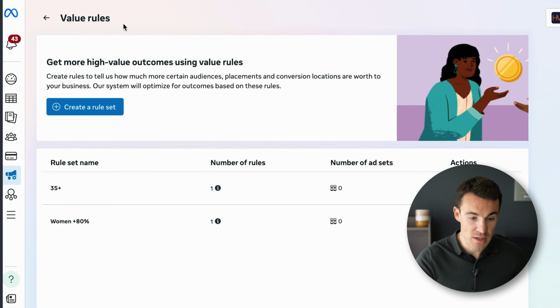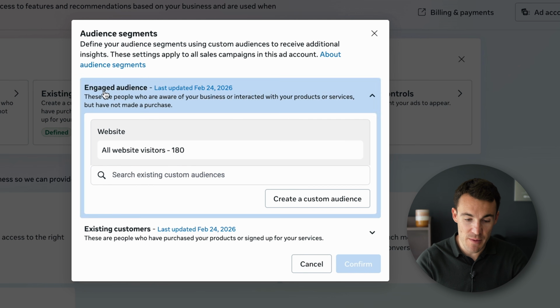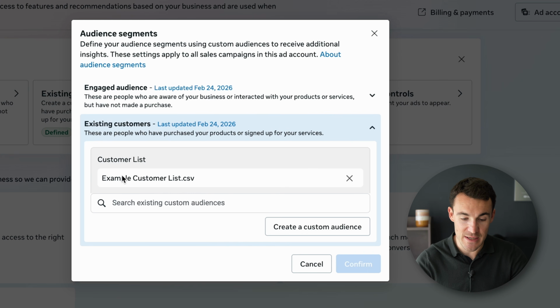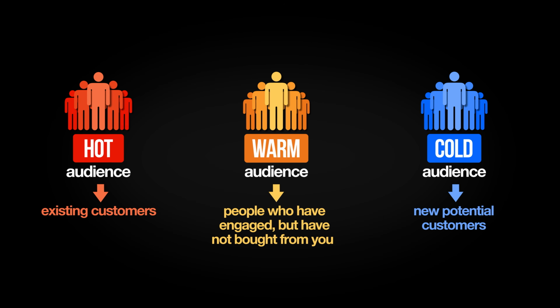If we jump back to advertising settings, we've got here in this example ad account, these already defined. We've got engaged audience, for example, which we've defined as all website visitors 180. And we've got existing customers where we've got an example customer list uploaded. I have separate videos going into more detail about how to set that up, but it's really valuable to do because it allows Meta to better allocate budget across cold, warm, and hot audience, which is what these three categories are. You are also able to see in breakdown data when you're looking at your results at